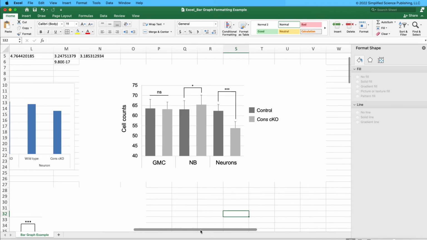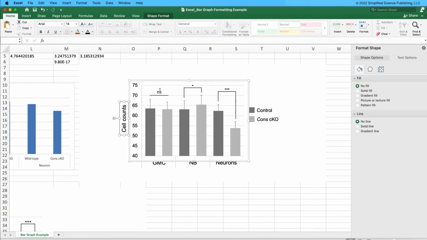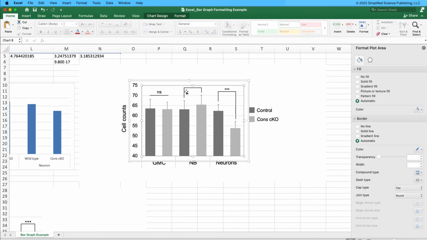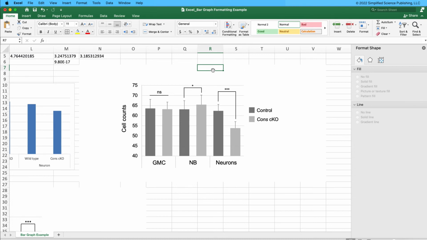If I'm going to move this directly into something like Adobe Illustrator, I could actually just select all of the elements and copy paste it in there, but ideally I would have just waited to add these elements in Adobe Illustrator, so I could add all of these significance bars there where it's much faster. But if you're going to use something like PowerPoint for your figures or something where you just want this to be a static image, the fastest trick I recommend using is a screenshot or